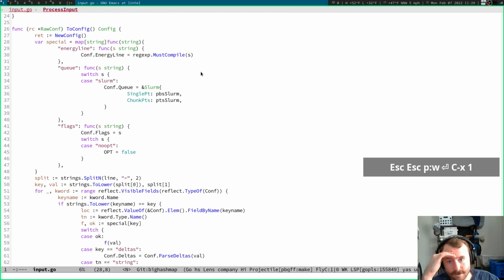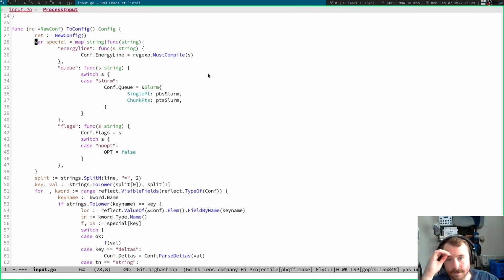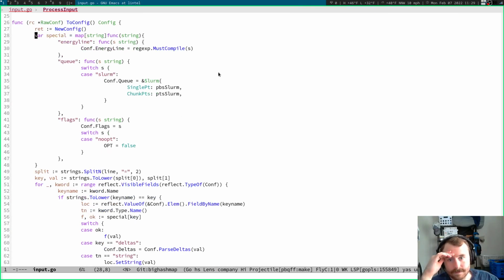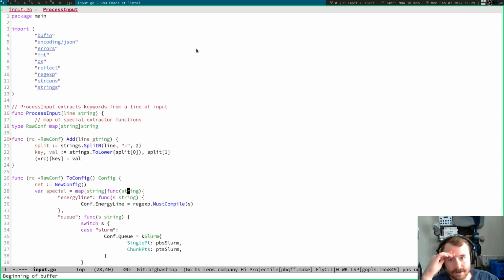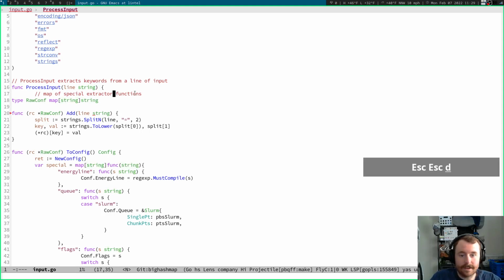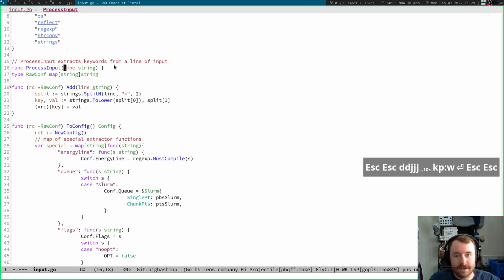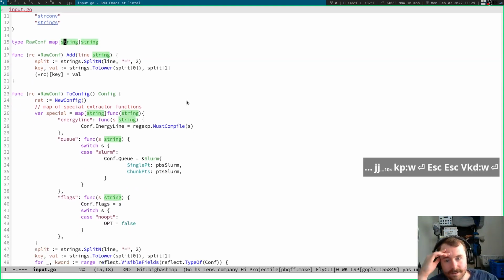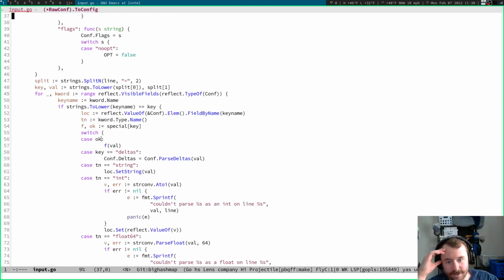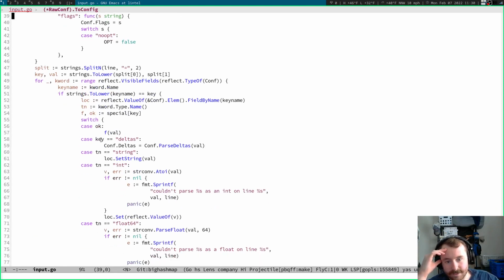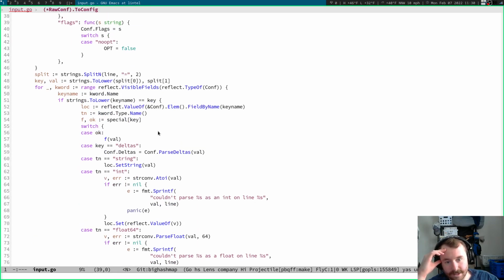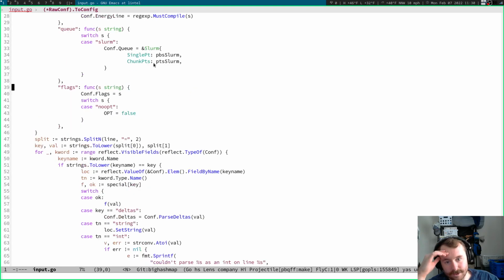Let's just take a look at this for a second. So we got the new config. Yeah, this is a, yeah, let's take that comment with us. So this is pretty interesting, I think, because we're going to try to use reflection down here. So, for example, if the key is deltas, then I call some special thing. Well, actually, that's what's supposed to be in this case. So, see, every time I get a key,